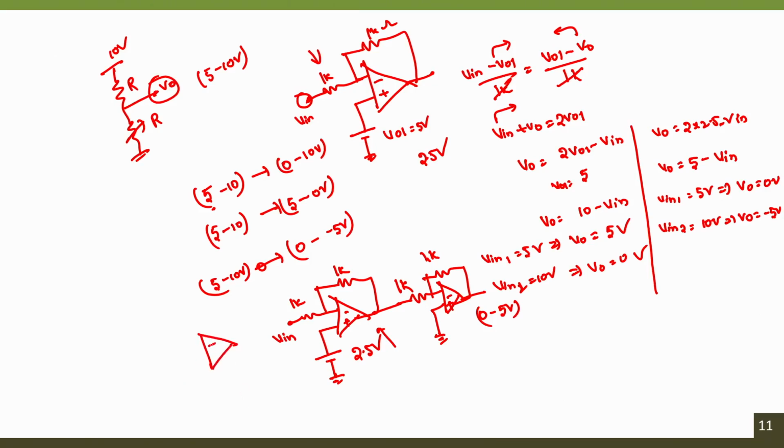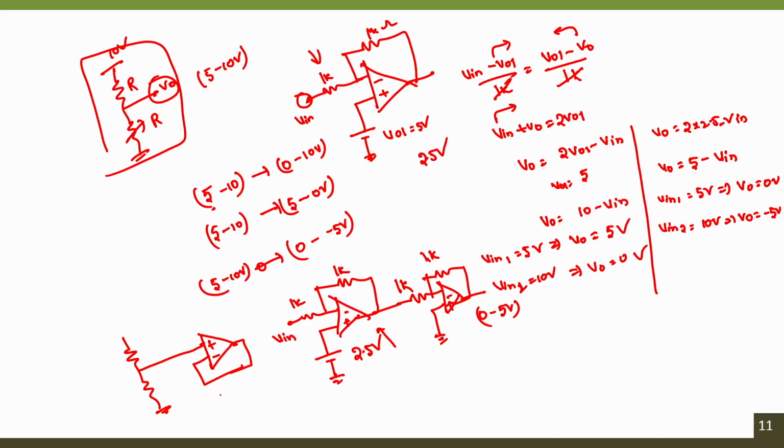One way to avoid the problem, as we already saw, is to use a simple voltage follower configuration, where the output of the resistive divider network circuit can be directly connected to the positive terminal. Since it is connected directly to the positive terminal of an operational amplifier, the input impedance of the complete system is also high, because when we directly connect to the terminals of an operational amplifier, the input impedance will be very high.